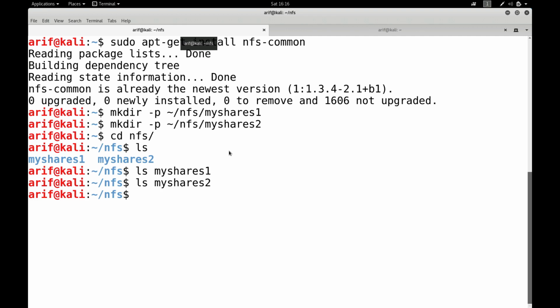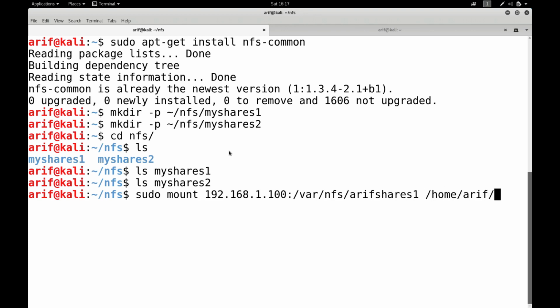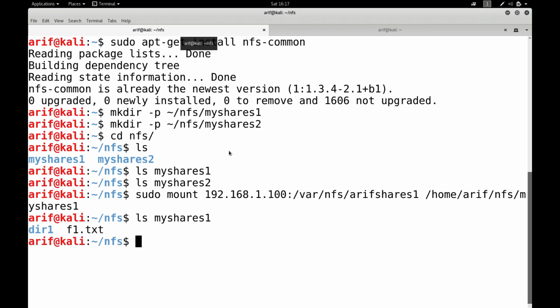And to mount that, the command is sudo mount, let's suppose the IP 192.168.1.100. This is the IP of the Ubuntu server machine, and the path of the directory is /var/nfs/arif shares1, and I want to mount it in /home/arif/nfs/myshares1. Okay, now if I do ls myshares1, you can see the two files over here. Let me cd to myshares1,